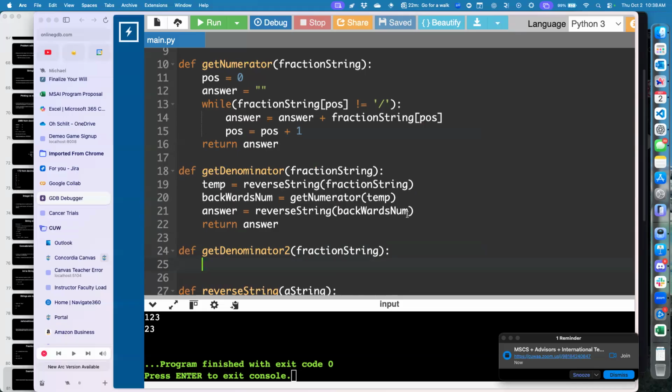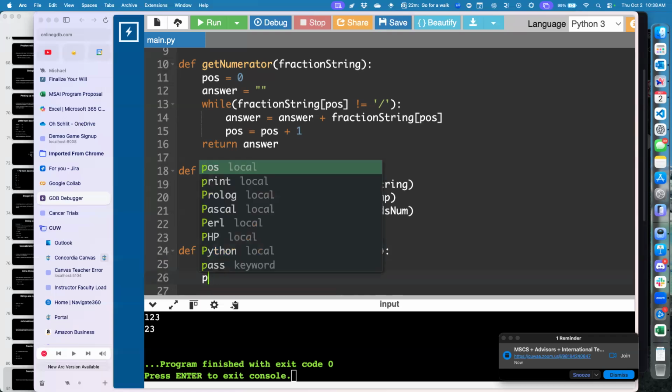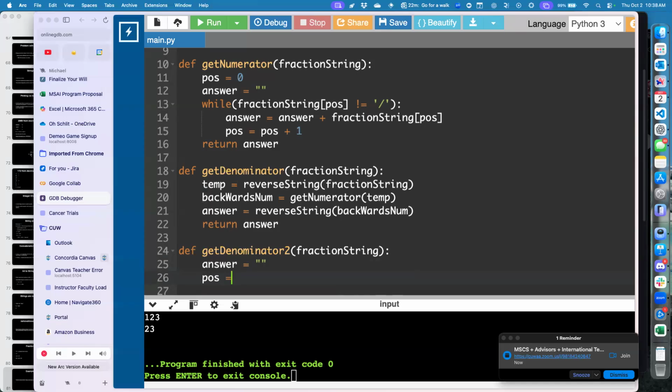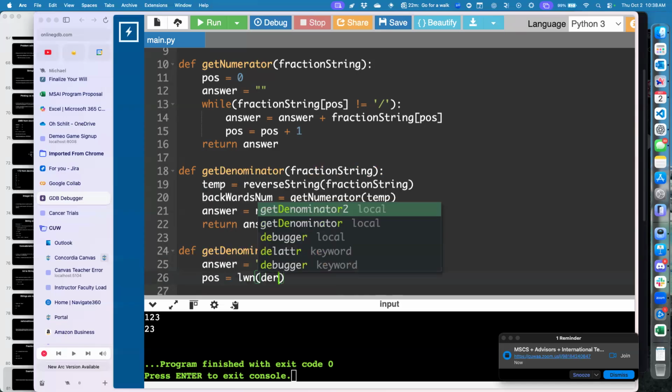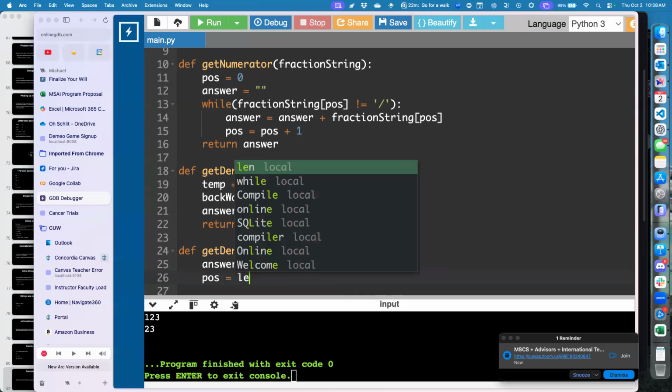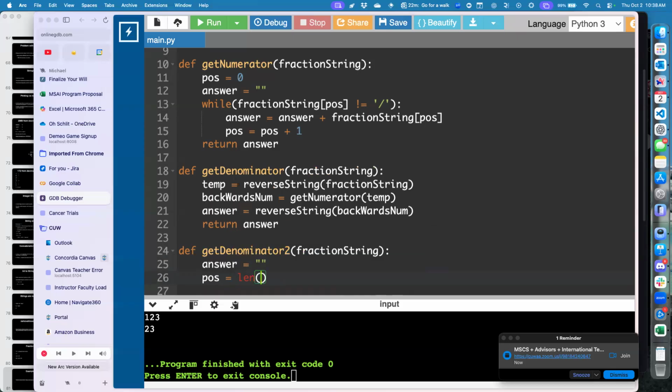Now, using the reverse thing is in the spirit of how she described doing this answer, building it backwards, starting at the end. So we can do that. We can say answer is equal to the empty string. We can say pause is equal to the length of fraction string